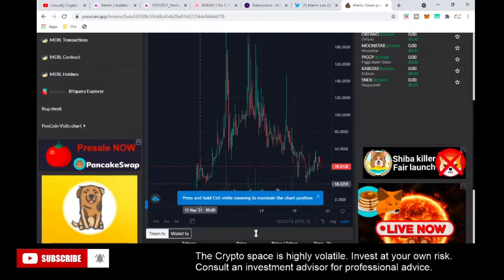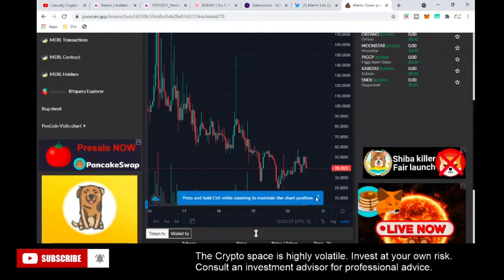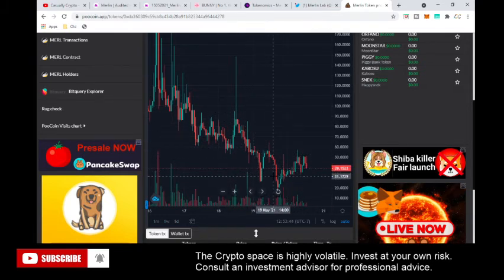And here is just the price chart, right? You can see that at the highest point they were trading at about $180. It did drop a lot, as I mentioned, because of what's happening in the greater picture, where Bitcoin and ETH dropped by over 50%. I'm not surprised Merlin token alongside with Binance and other tokens, right, dropped that much. But which could also mean, if you are hodling onto them, if you are collecting them, right, it's a